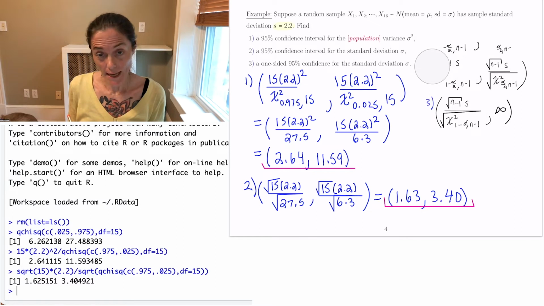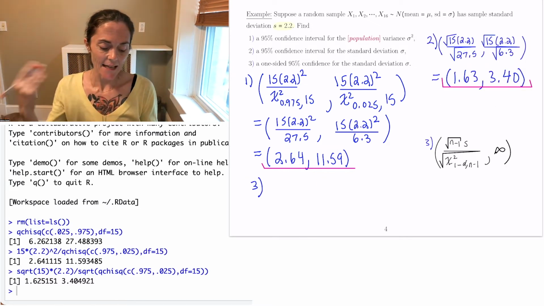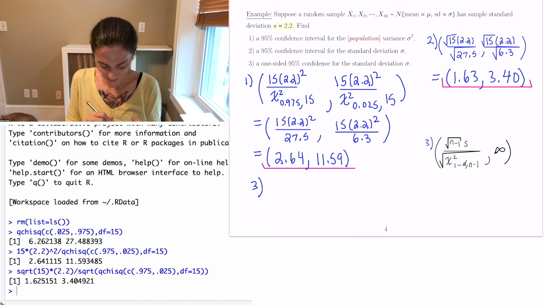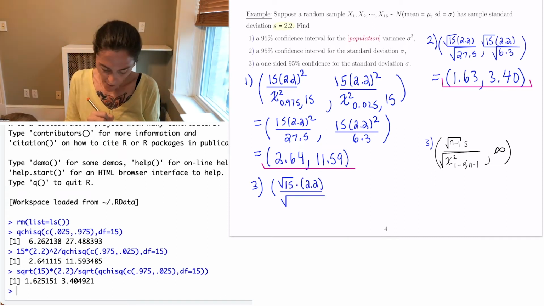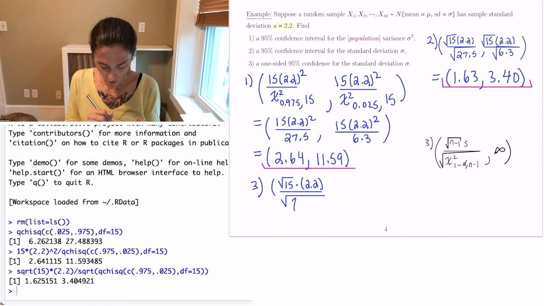At this point, I'm going to erase our guidance and move some things around so we can work on number 3. For number 3, we want a one-sided 95% confidence interval. So square root of n minus 1 is still the square root of 15. This is for the standard deviation. And then I have the sample standard deviation. We will have a different quantile here. We want 1 minus 0.05, which is 0.95, still with 15 degrees of freedom,